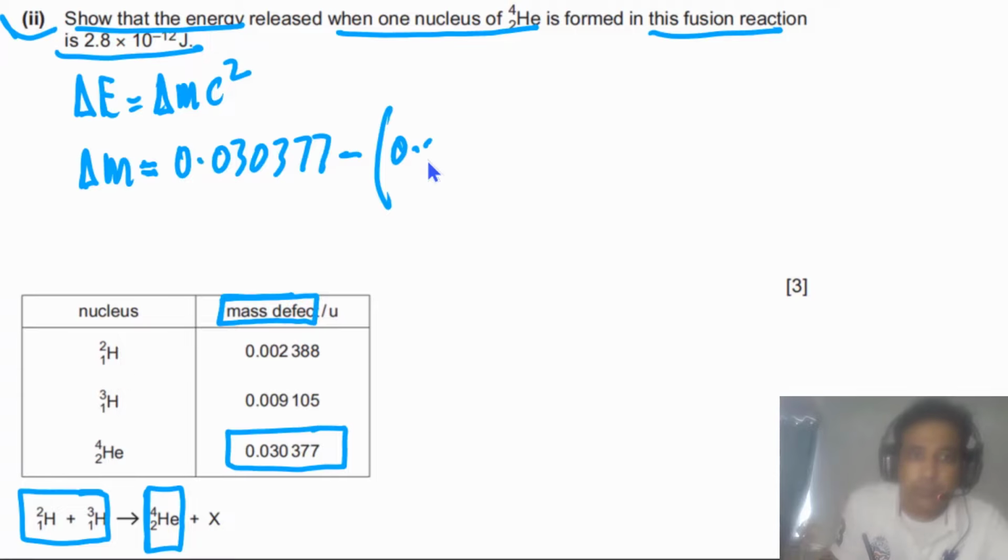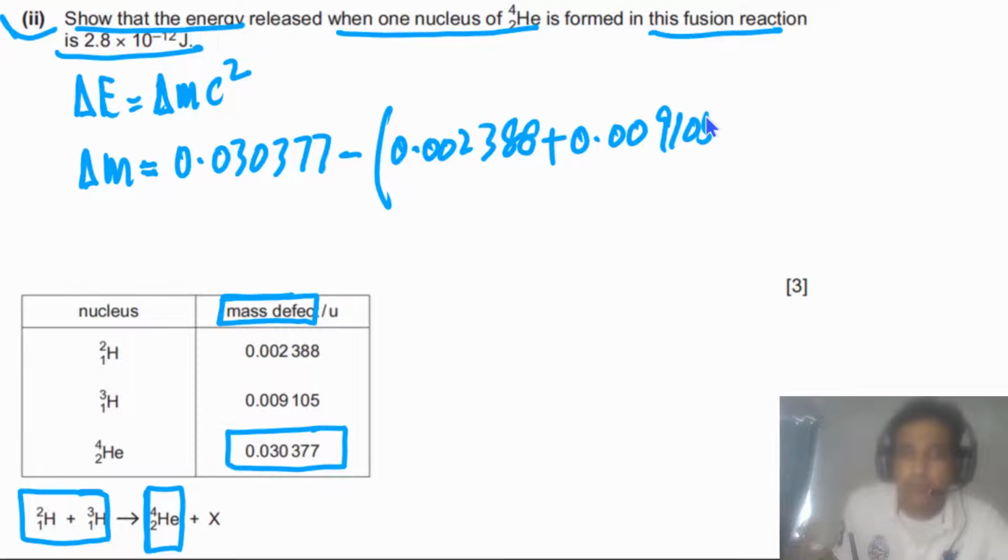We have 0.002388 plus, for the second isotope, 0.009105. So this is in U. So if we solve this one, we will get